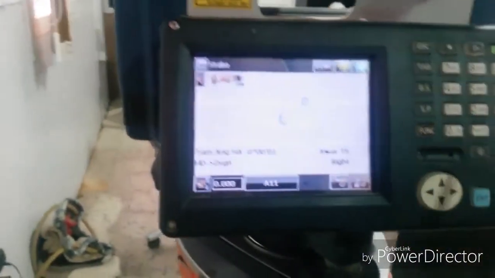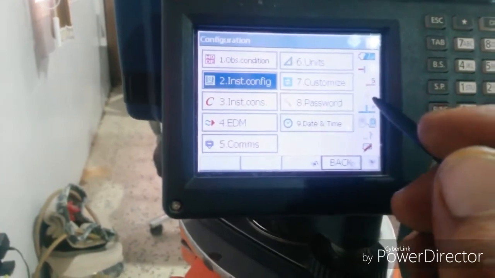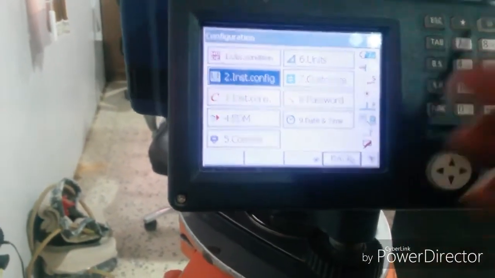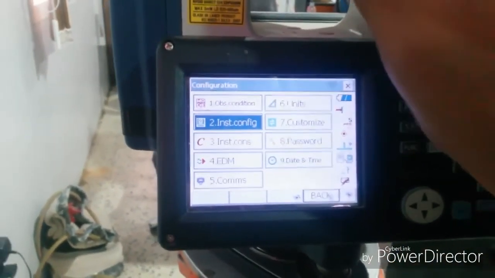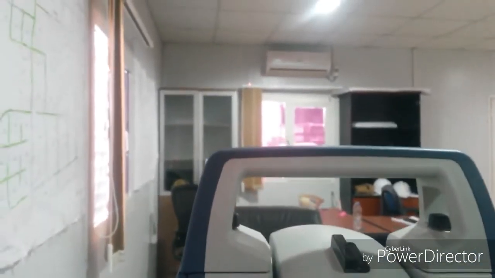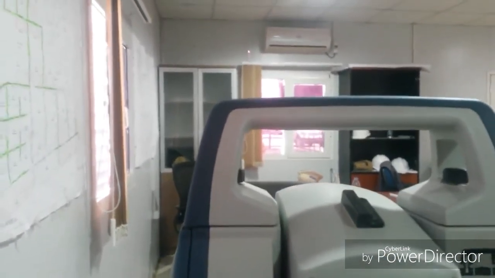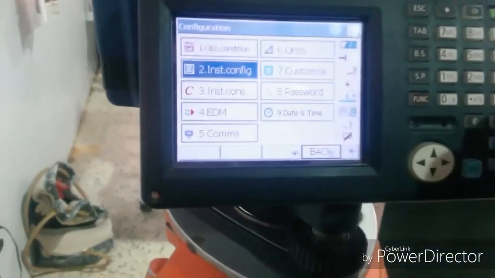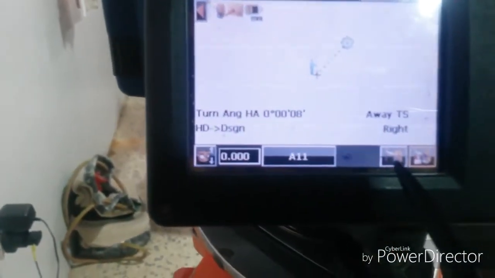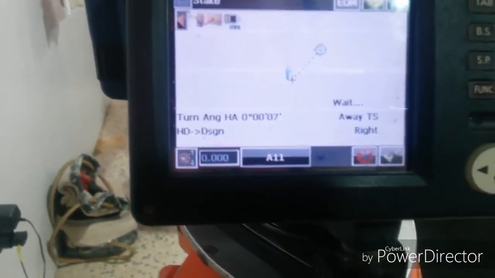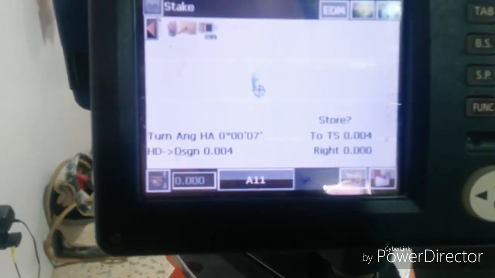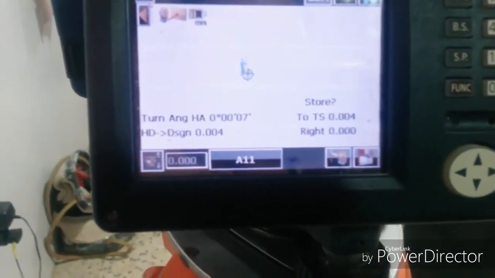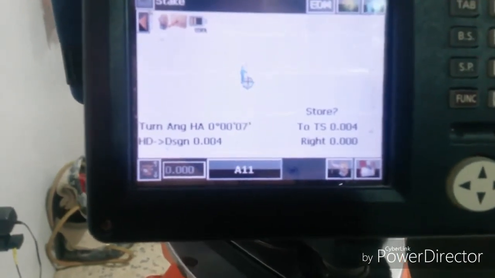Okay, now we check. And you have to enable the browser. This is the laser point. Here you can see it there. And now back to stake out and press check. Here is 4 mm, and this is what